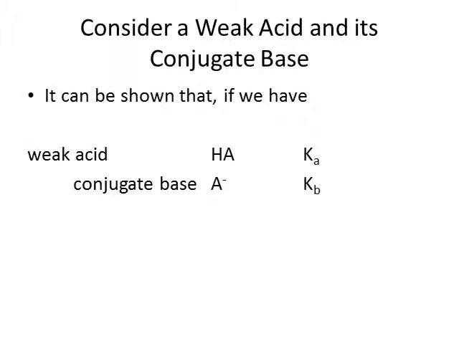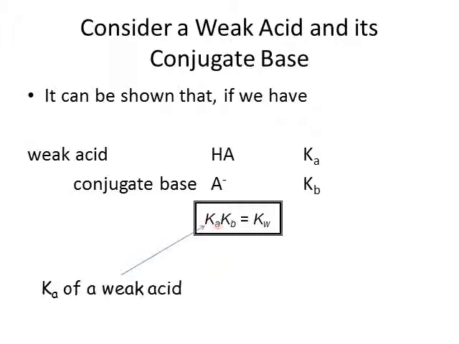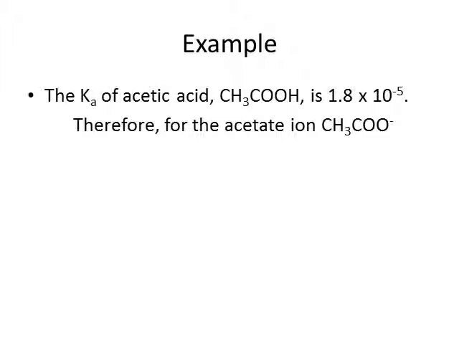conjugate base. It turns out that there is this relationship: Ka times Kb is equal to Kw, where Ka is the Ka of the weak acid, Kb is the base ionization constant of this conjugate base for this specific weak acid, and Kw here is the autoionization constant, which is 1.0 times 10 to the minus 14 at 25 degrees C. So now we want to apply this formula to this example, where we have the Ka of acetic